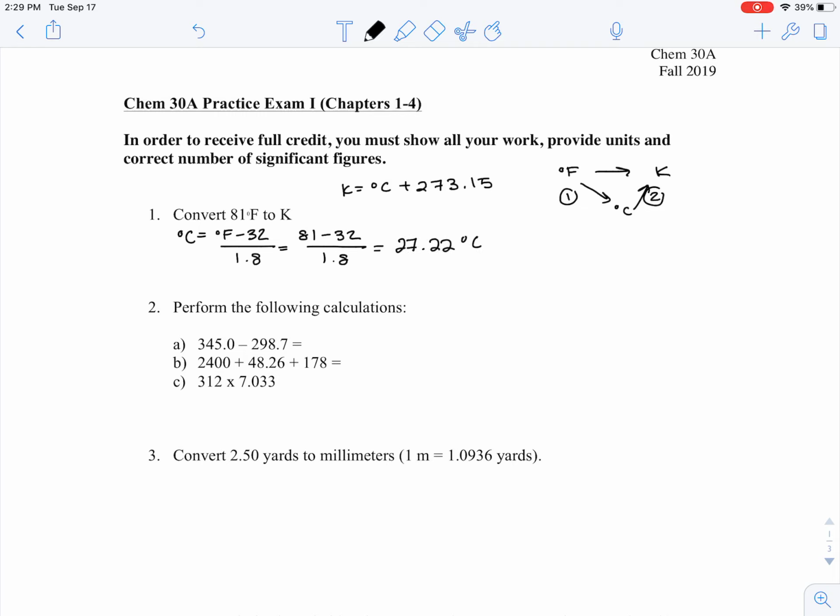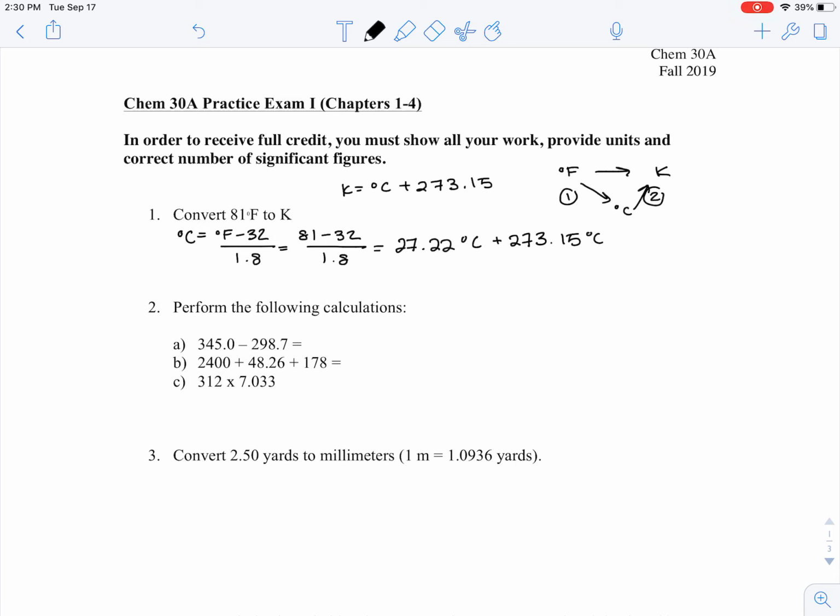27.22 degrees Celsius. Since this is not my answer, I want to try and keep as many digits as possible so that I can make sure I get the correct answer. You want to try and not round or use significant figures until you get to your final answer, because you could lose some important numbers. So now, since my next step is to go to Kelvin, I add